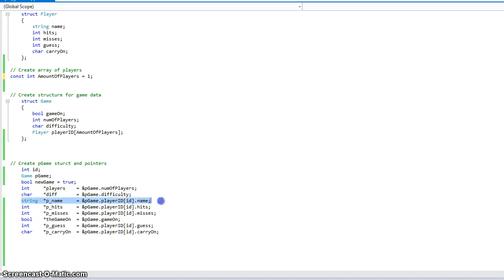and then there is a string where I take the player name by taking this structure, through this array of structures, and call it the ID over there, and then there's the name from that structure, and so on. I collect the hits and the misses,